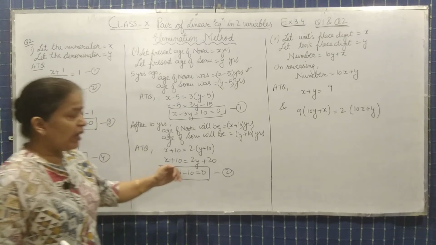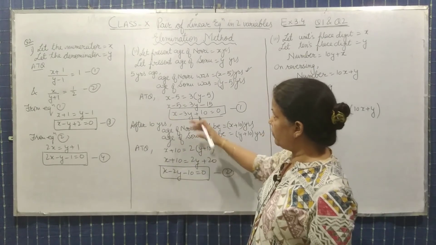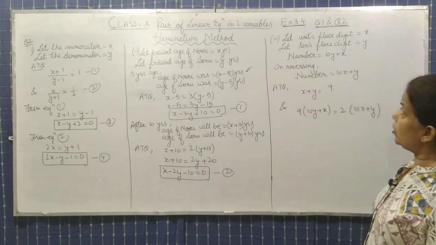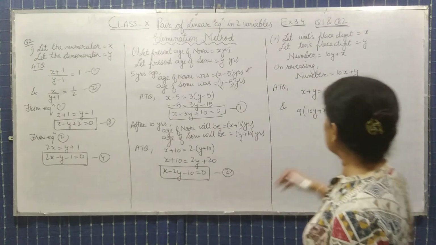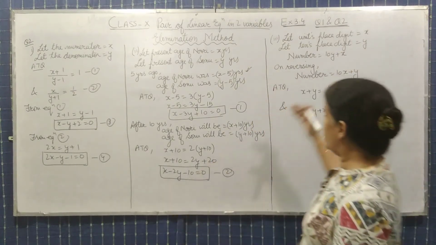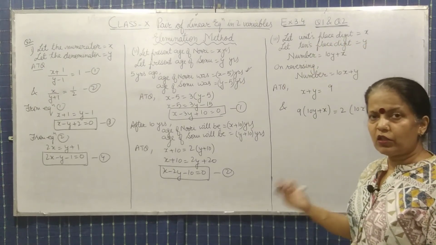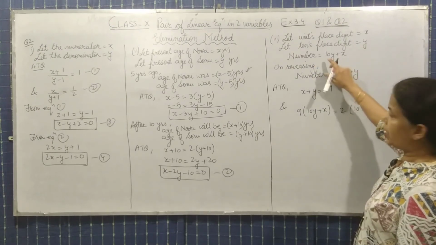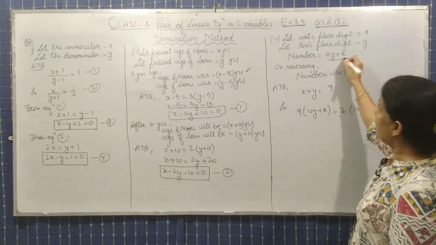But they have asked what will be their present age. So whatever be the x and y value, that will be their present age. Clear? Third part, this type of question you did it in your junior classes also. They are talking about the number. So we will take let unit place number as x and tens place as y. So what should be the number? Number क्या बनेगा? जो tens place पे number है उसको हम tens से multiply कर देंगे and we will add unit place. So this is the number.